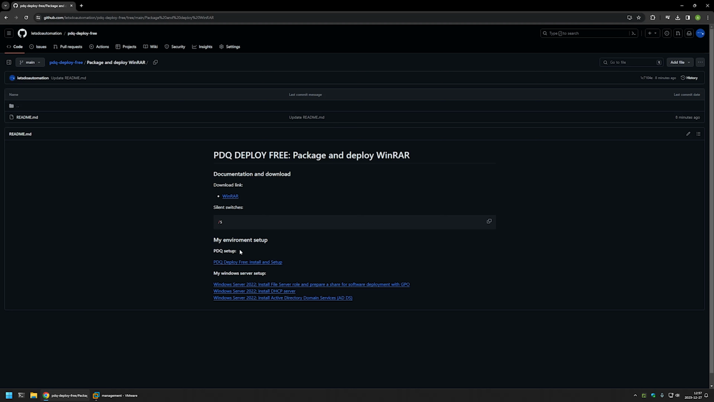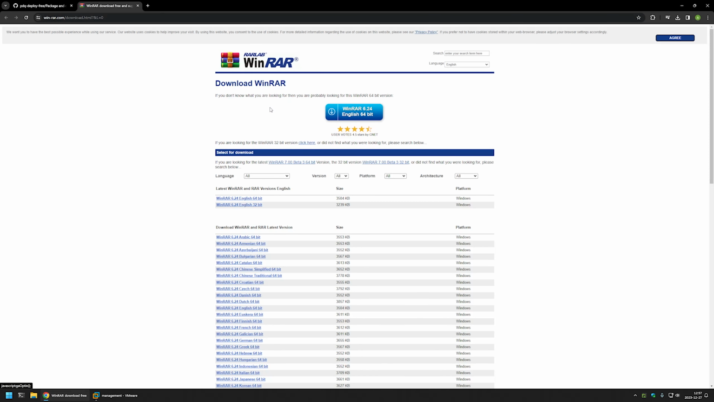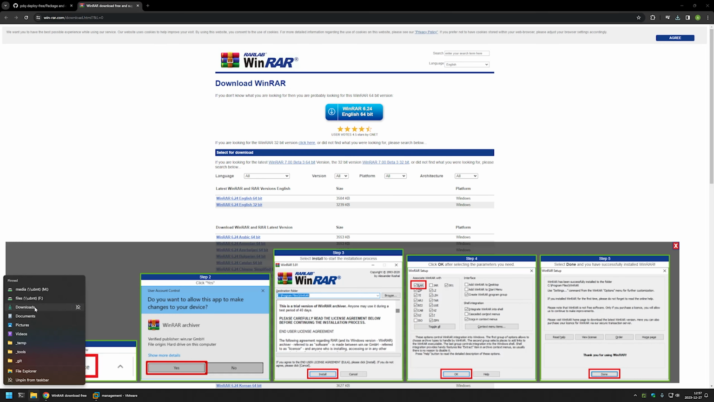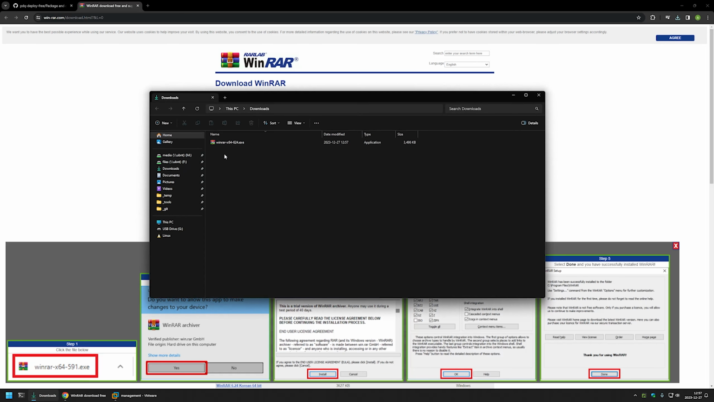And now I'll begin this video by downloading the installation file, and for that I will use the link that I have here that brings me to the WinRAR download page. Here I will click on WinRAR English 64-bit, and that should start the download, and then I will go to my downloads folder. And now that I have my executable, I will right click on it, select copy, and then